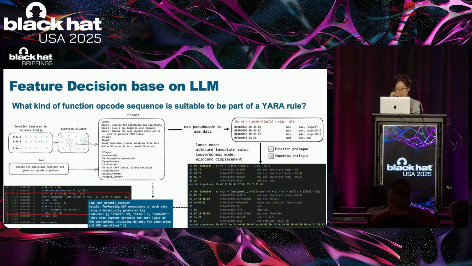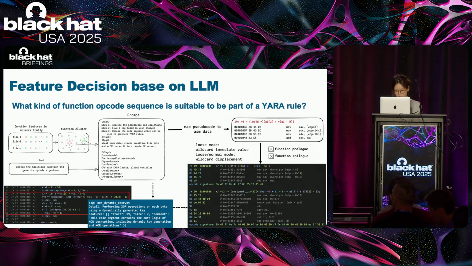We break down the LLM analysis task into three steps. First, analyze the given pseudocode and the context information. Second, based on the analysis, label the function and explain the reason. And third, select the code segments from the function that are suitable for generating YARA rules. In the text part of the prompt, we provide a series of labels and explanations for common malicious behaviors. If the model believes a function matches one of these behaviors, it should give the